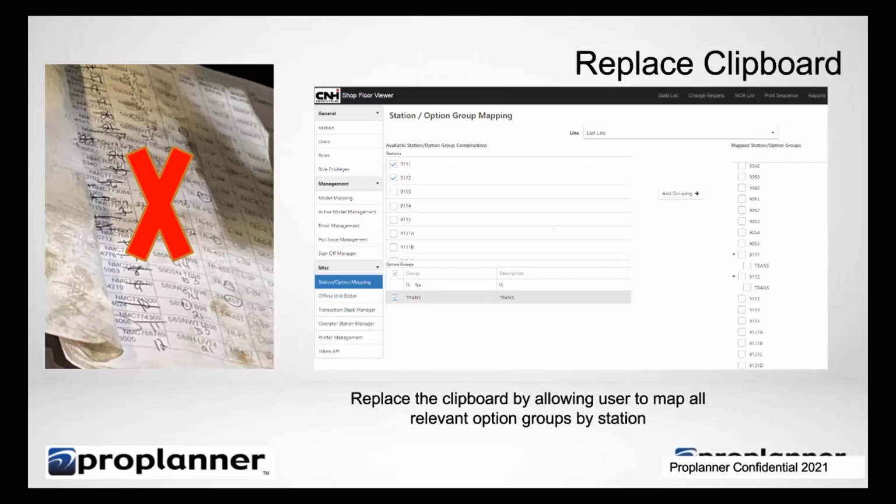Okay. So this is something that we weren't doing. We were by default adding the options that are relevant based on the activities that I have to perform at that station, right? So we started allowing them to add options that are further down the line, so the operator is aware of how to act and how to work. And again, this may be unique to CNH, but you could do this through activities, you could do this through consumption. But there's now the ability for you to add options that are not just in your area, but further down